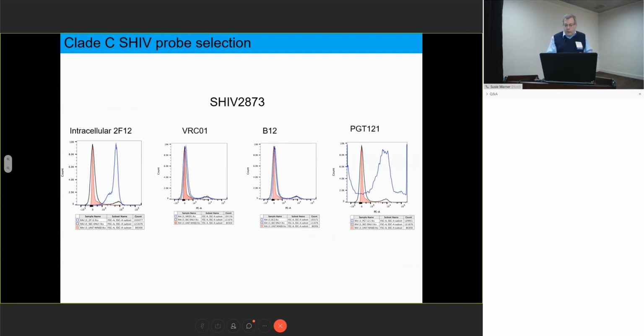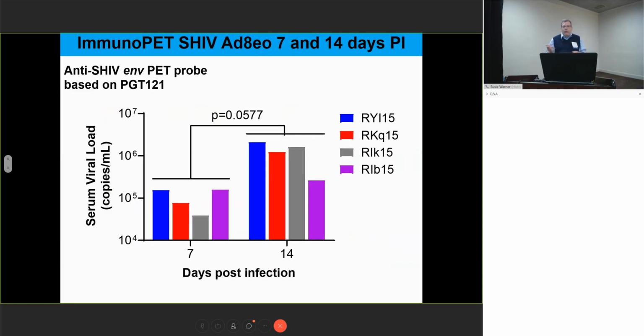That probably would be another good one to look at, and there are likely many, many others. I think, matter of fact, in terms of bNAbs, the number of antibodies that we could screen is quite high. The point of the matter is, though, I wanted to show one example of how image analysis can impact your results. And again, this is just 4 animals, and this is just an example.